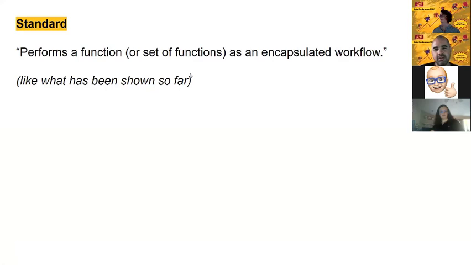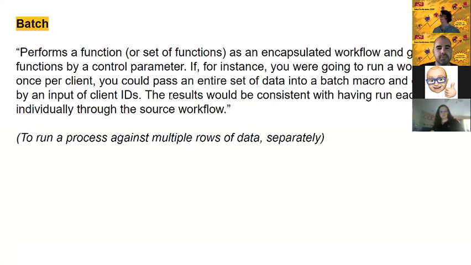Okay. Batch macros, you pass data in, it can pass data out, but there's also that control parameter. And what that does is feeds in another set of data, which is the control parameter. And you can use that control parameter to, I don't want to use the word iterate because there's an iterative macro, which is different. But it goes through that list and runs that macro once for everything in the list. Okay, this has been very valuable for lots of very strange scenarios as well as common ones.